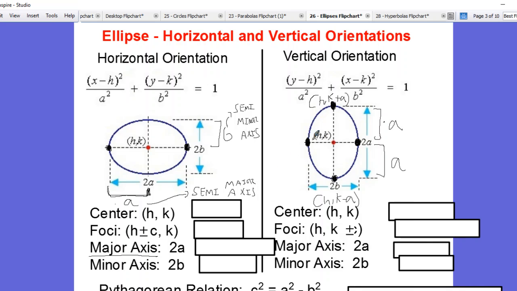All right. What do you think would be the coordinates for these points? Does the y value change from the center? No, that stays as k. So would that be h plus a? Well, now instead of adjusting by a, we're adjusting by b. So what would this be? h